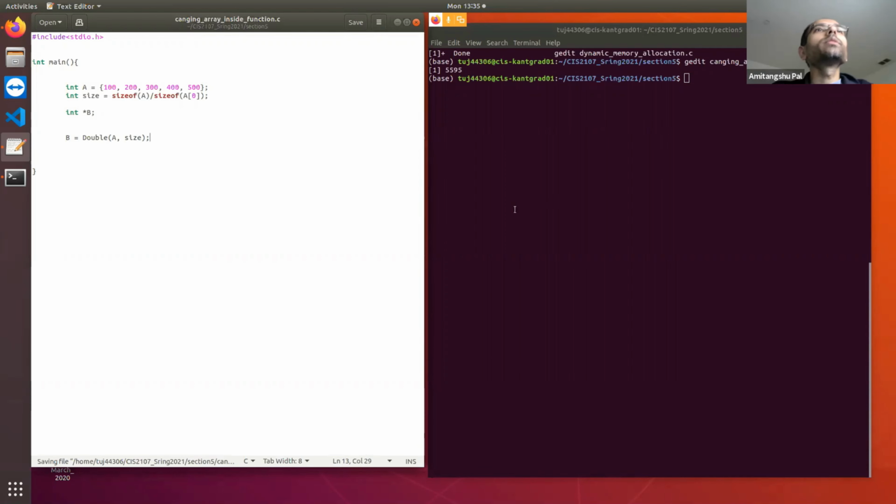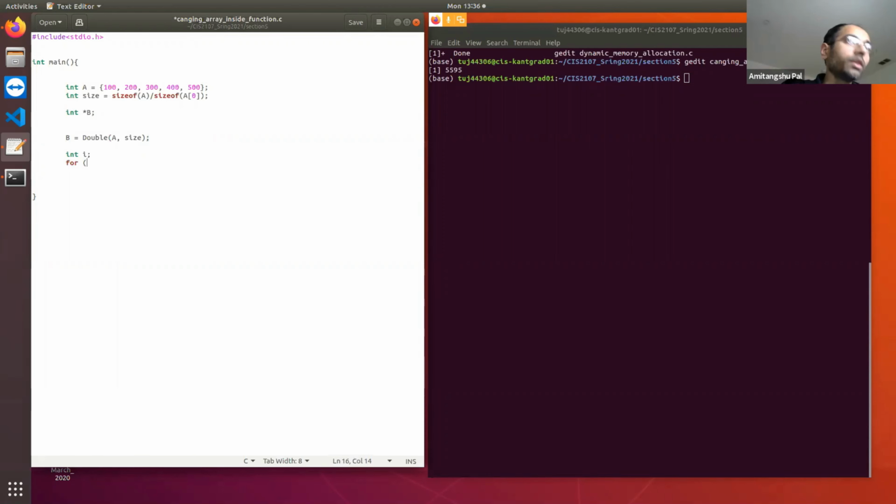So what I want to do is write a function double that is going to take A and the number of elements, and it is going to double the values of this array and will return the pointer to that array to B. It is going to double the element values and then return the pointer to B, which is an integer pointer. Then I can print the values of B over here.